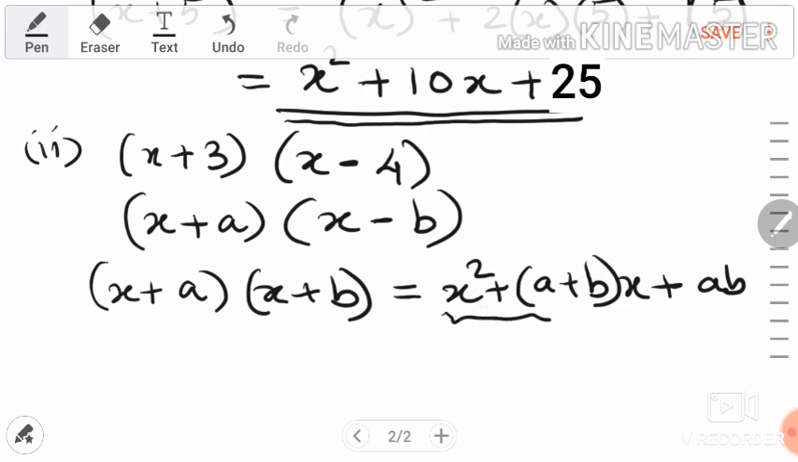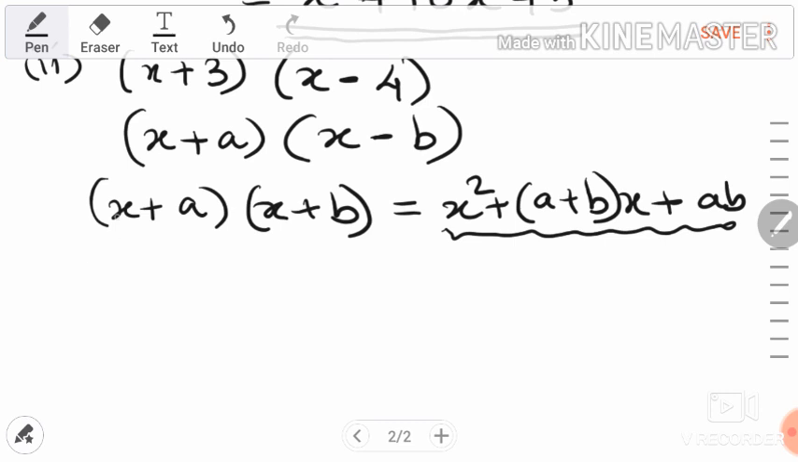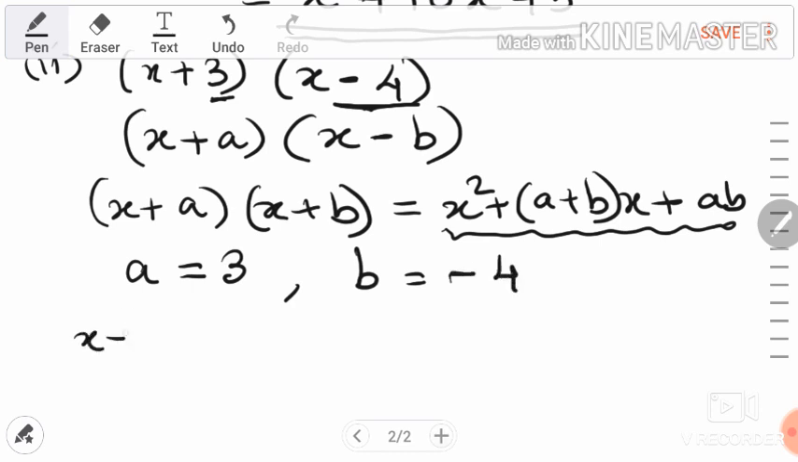So in this identity we are going to place b as a negative number. We'll plug in the values here of a and b as given in the question. So let's write down the values: a is 3 and b is -4. So (x + 3)(x - 4) will be equal to